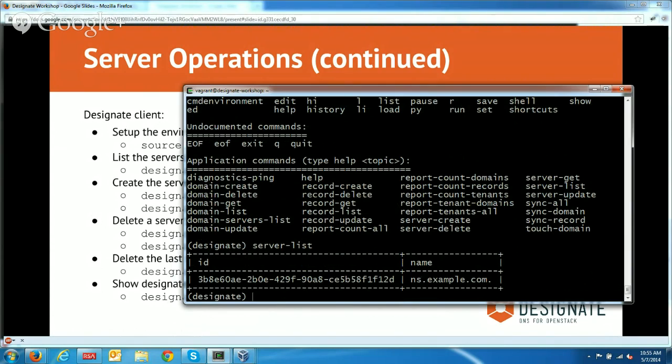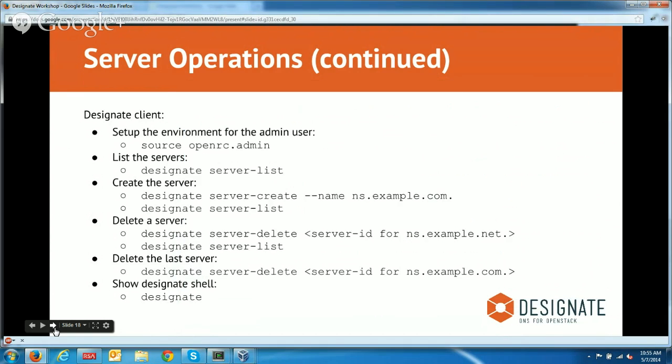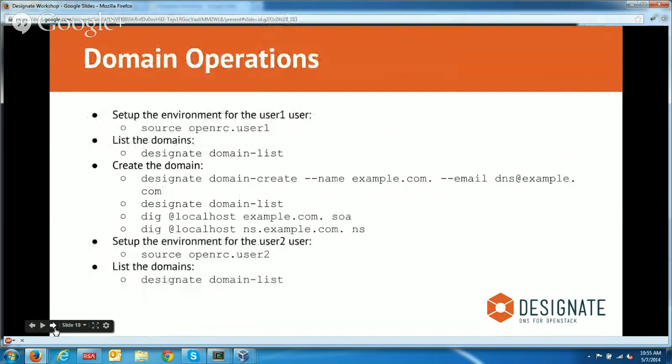So, okay, that's it for what you can do with servers. You can also do updates with servers, but we're not going to go into that. Let's go ahead and flip over to looking at what we can do with domains. It gets a little bit more interesting now, because now when we go and create domains, we're actually going to be doing